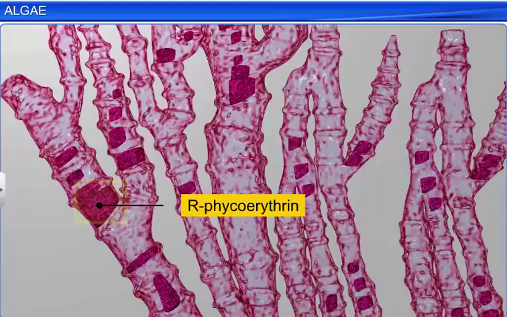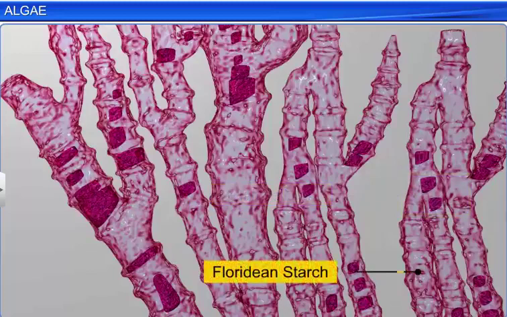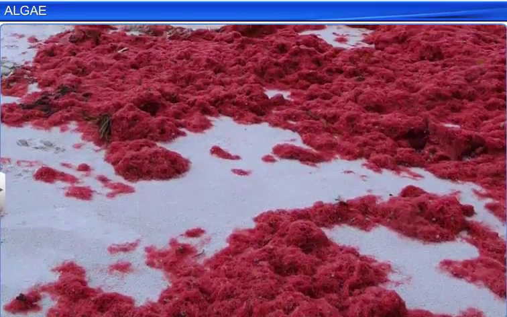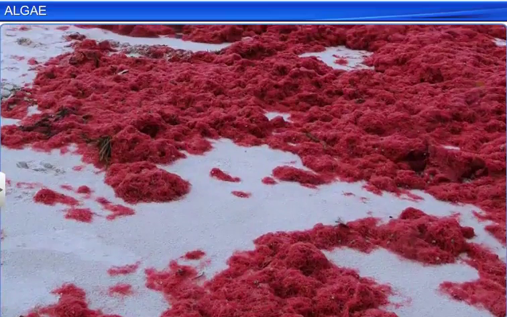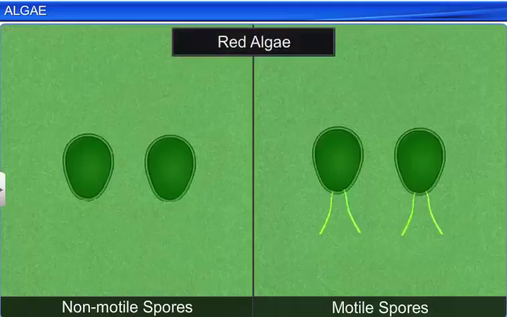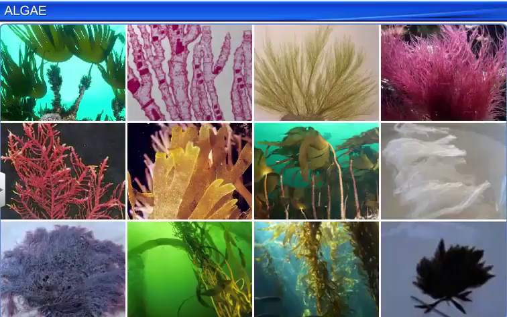The thalli of red algae are multicellular, and food is stored as Floridean starch inside the cells. Red algae are found in brackish and salt water, and mostly in warmer areas. Red algae reproduce vegetatively, asexually through non-motile spores, and sexually through motile spores. Thus we have seen that there are